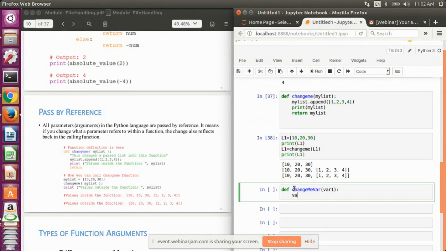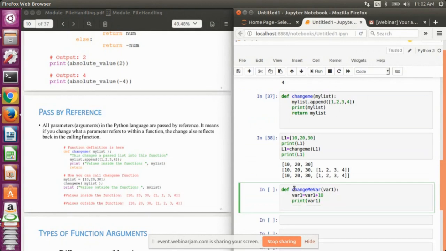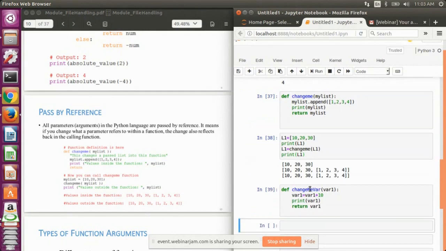So if I pass var1, var1 equals var1 plus 10 and print var1, fine. Now I write return var1, fine. So this is the function definition.